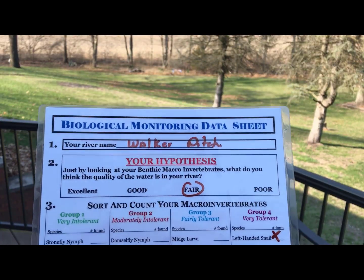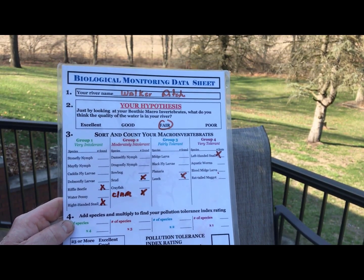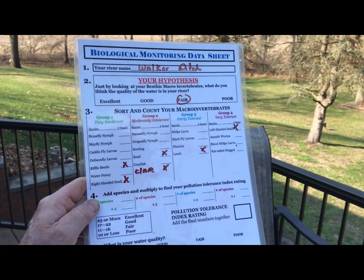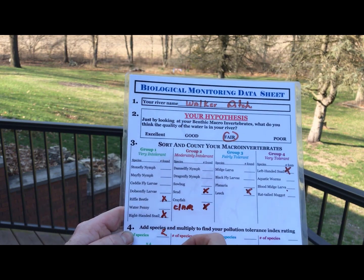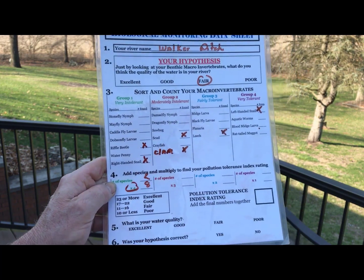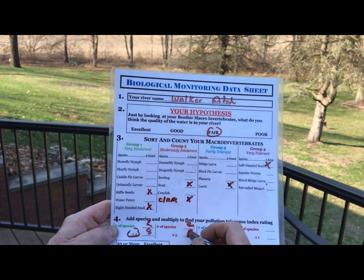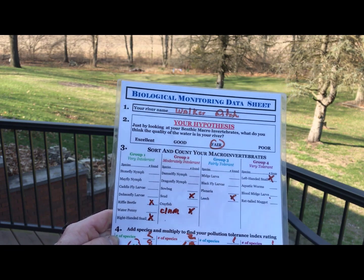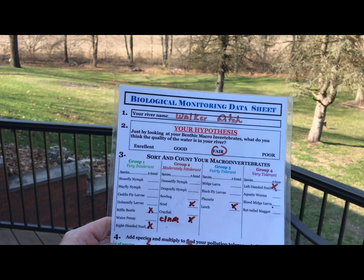Okay, now that we're done with our samples, we've got the riffle beetle, a right-handed snail, a clam, a scud, a leech, and a left-handed snail. So we're going to do the math on those. We have 2 riffle beetles, and that'd be 8, because they're worth 4 points. The group 2 species are worth 3, so we got 2 of those plus a 3, which gives us 6. And then we've got 1 of these worth 2, and 1 of these worth 1. So 8 plus 6 is 14, plus 2 is 16, plus 1 gives us 17